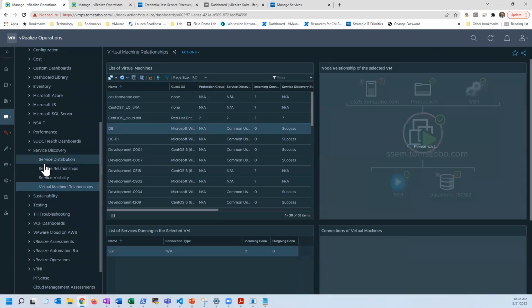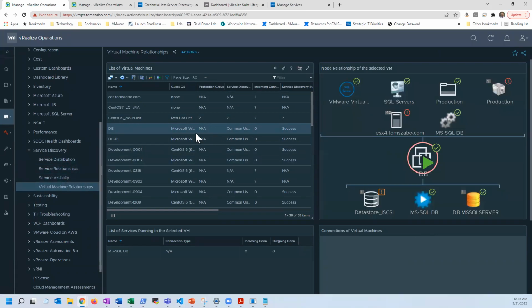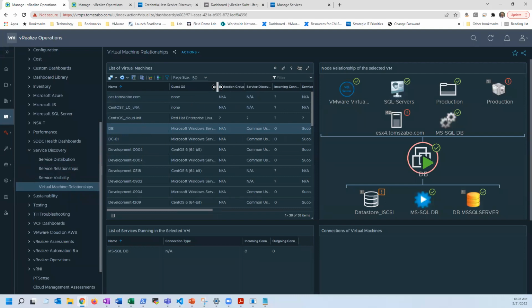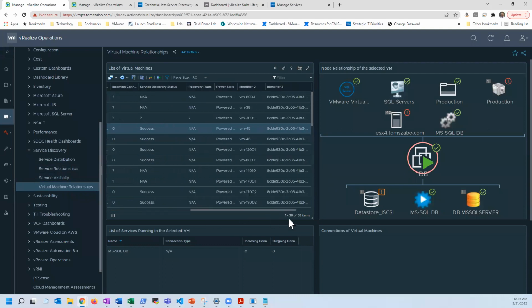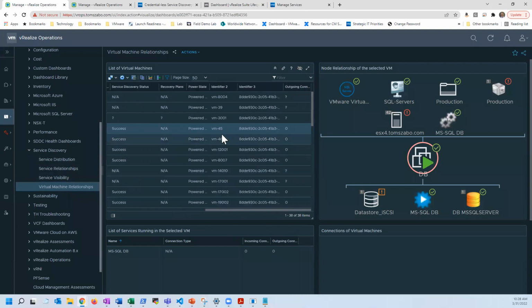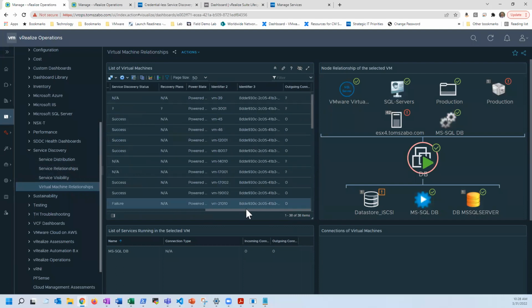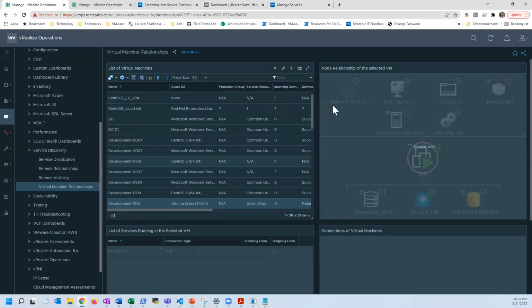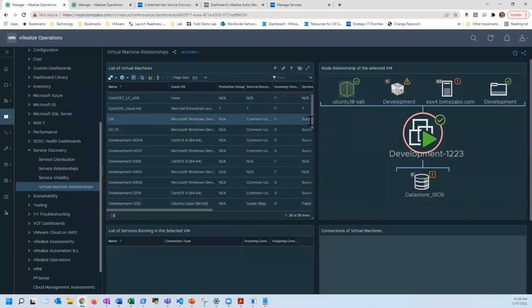And these are all examples of out-of-the-box dashboards. Here, for example, is my database server again. You can see some details around what it is, is service discovery running, have we successfully discovered services, and some metadata around it, power state, do we have active connections? I don't have a lot going on in my environment at the moment, but you can start to see, click back here,